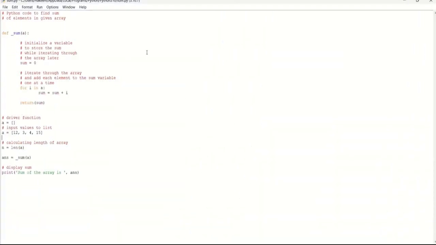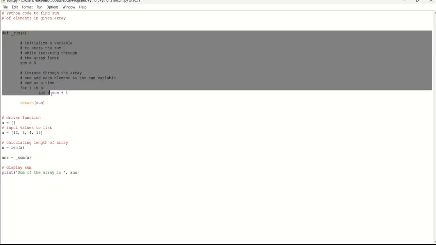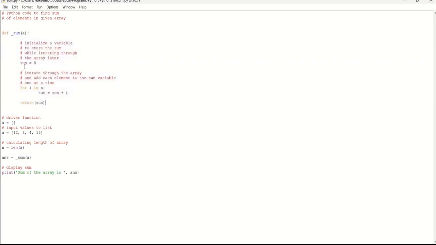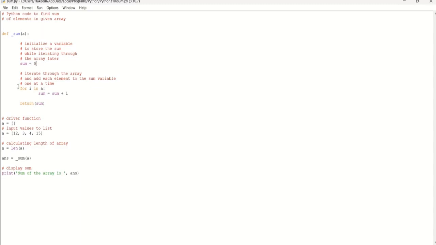Now let's see the Python implementation of finding the sum of n elements in an array. In the beginning of the program, we created a function named sum with a parameter a. Inside the function, we created a variable called sum to store the sum of the elements in an array. After we create a sum variable, let us create a for loop for iterating each element in the array and calculating the sum,